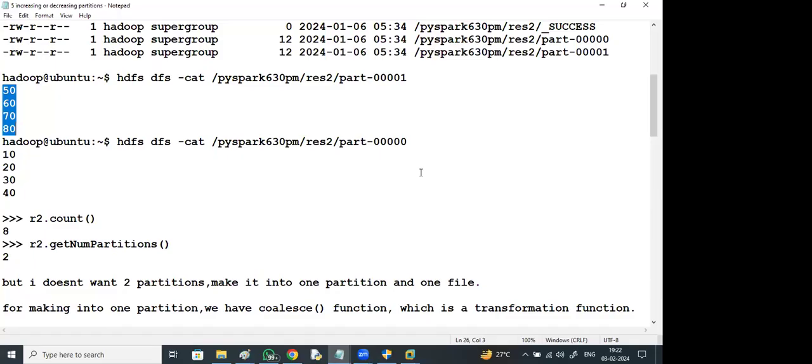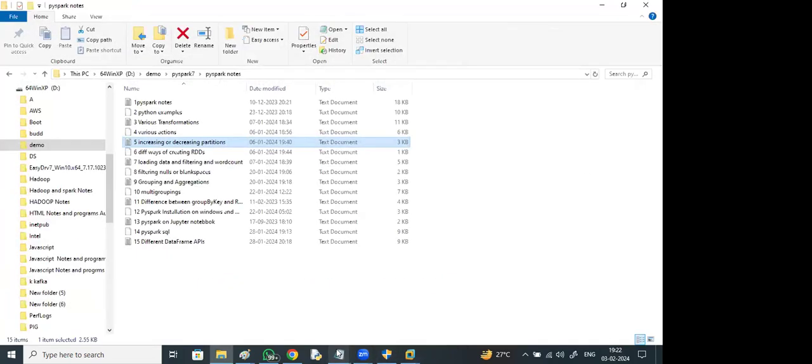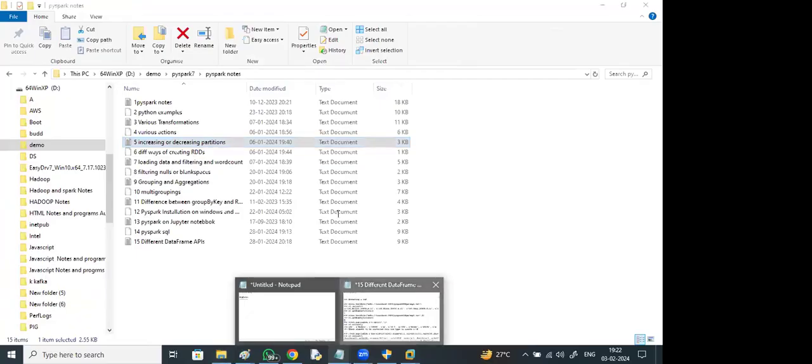You will see the rows, not column-wise, so it will not show all the records in one. In the first partition it's showing 50; the remaining you will see in the other partition.